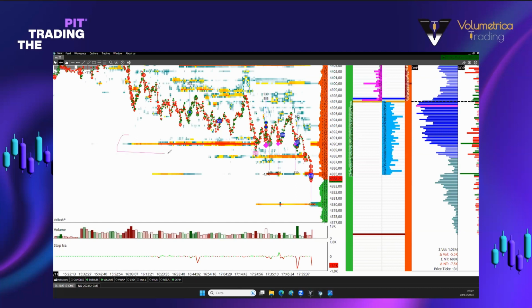The color coding is just an automatic calculation made by the software algorithm, comparing the amount of passive orders on this level to the average of the visible part of the chart. Just to make it really easy,